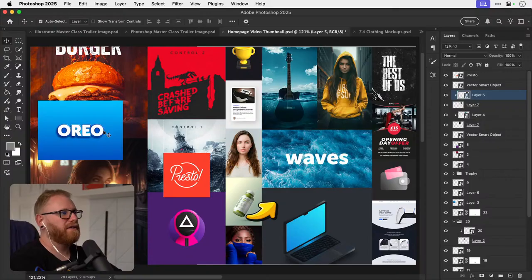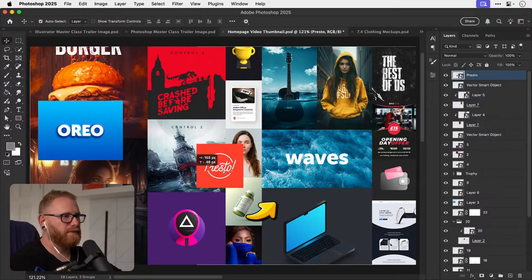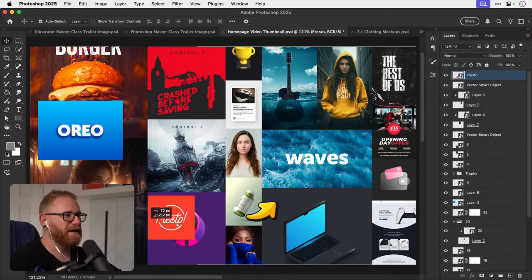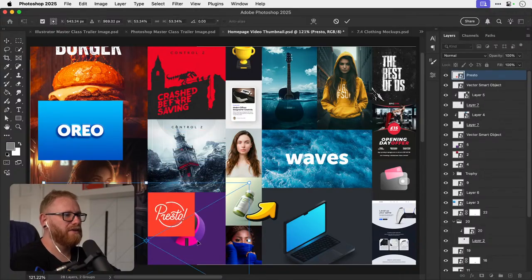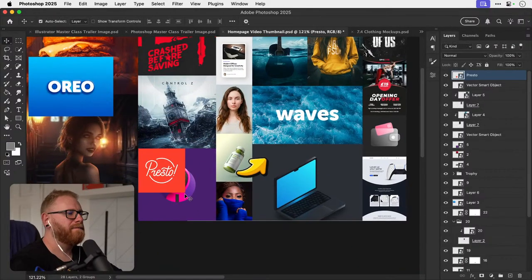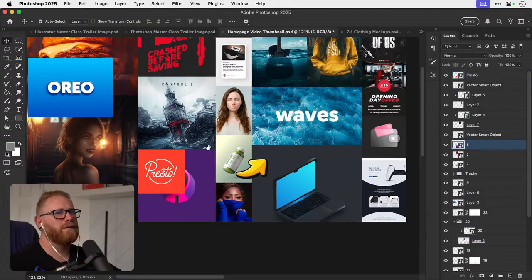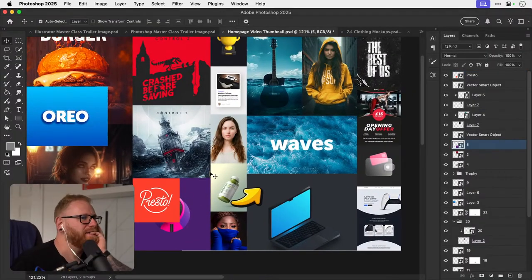Slightly different there, splitting it, but Squid Game character. We could probably lose that actually. Maybe, or there's nothing else really like it. Where else can we stick that one?